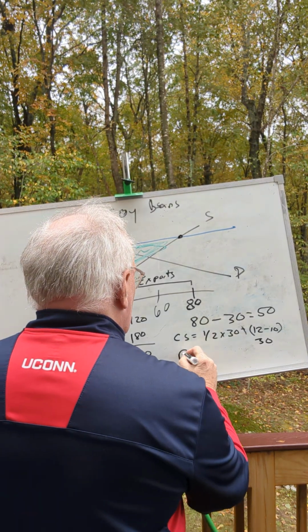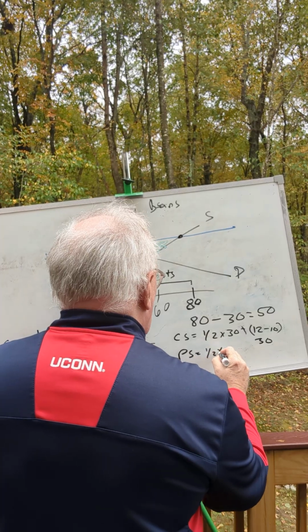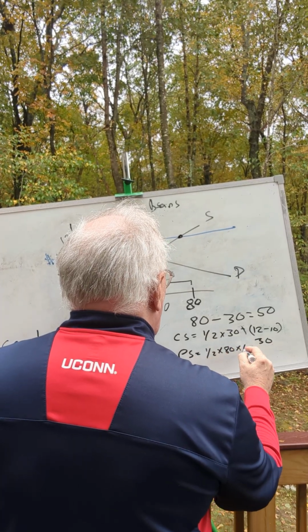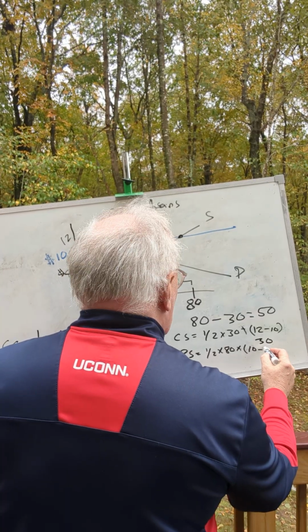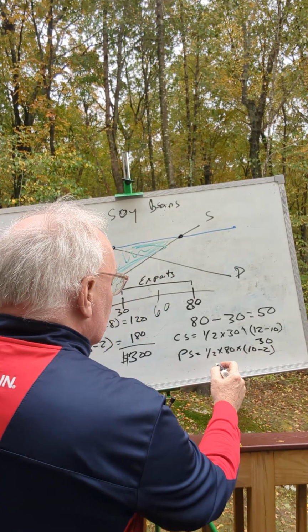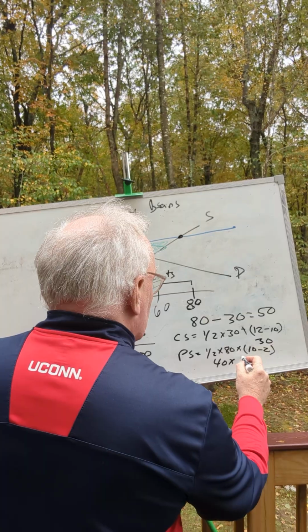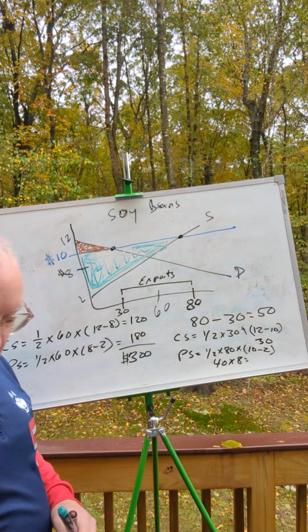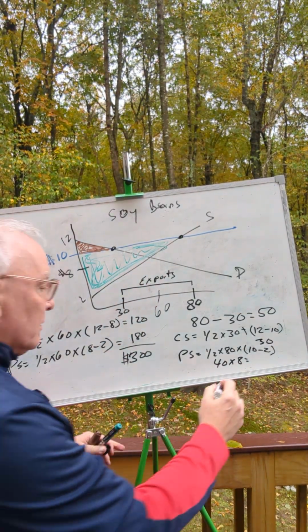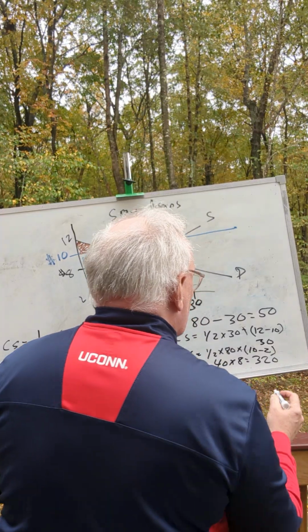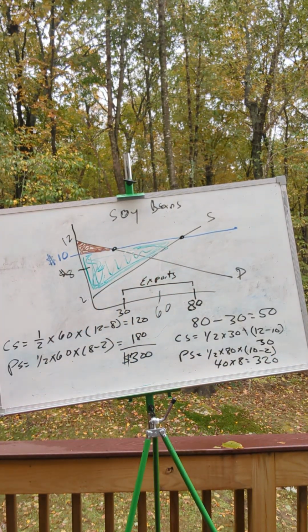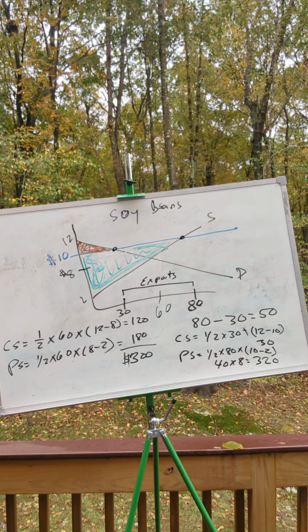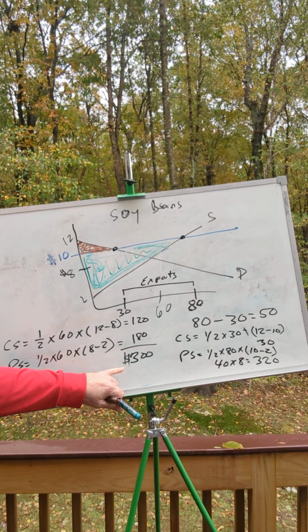So producer surplus is going to be 1/2 times the 80 times the new world price minus the intercept there. So this would be 40 times 8, which is 320. And so 320 plus 30 is 350, a 16% increase in total surplus from what we had before we opened